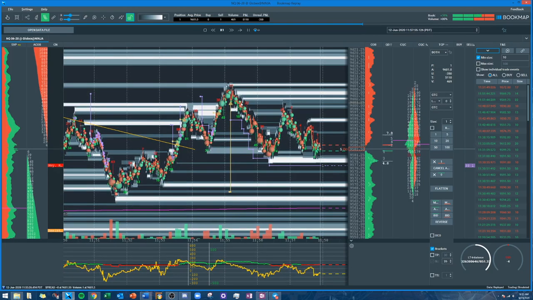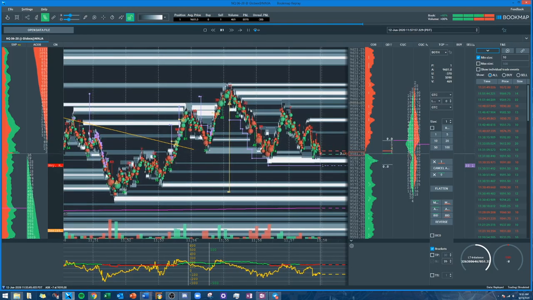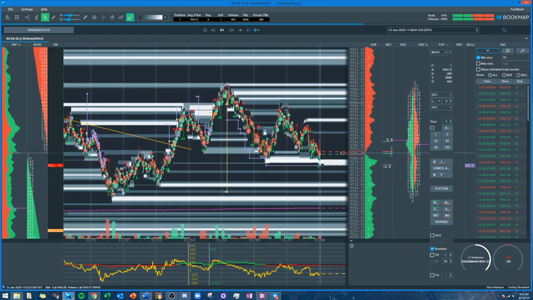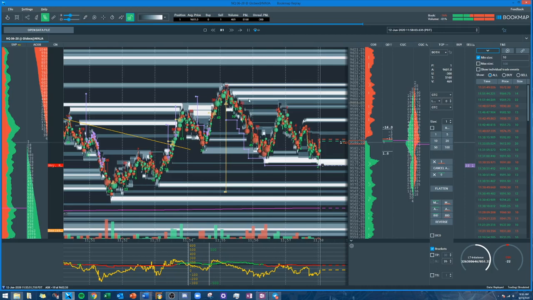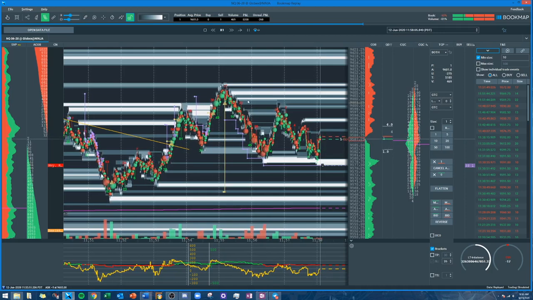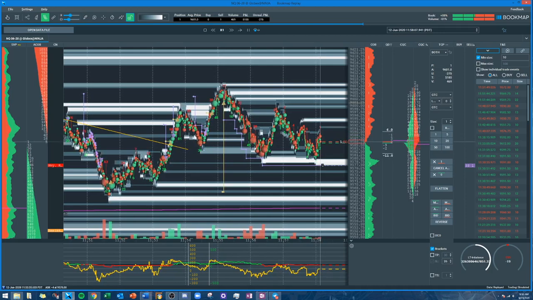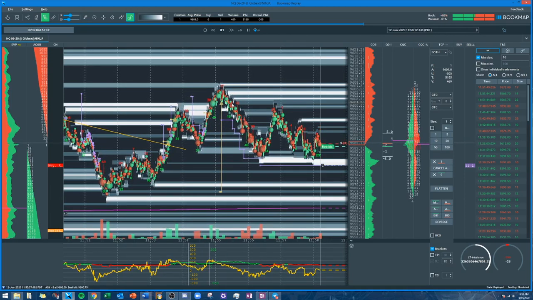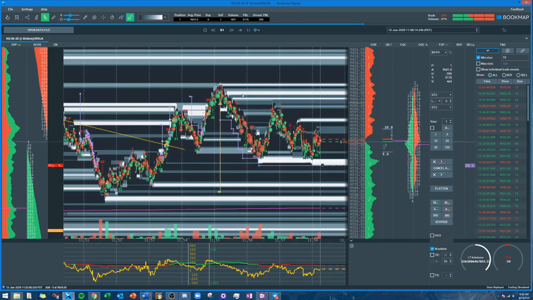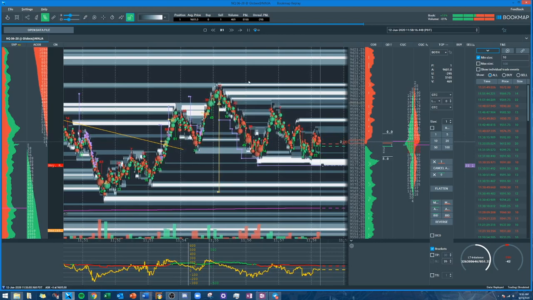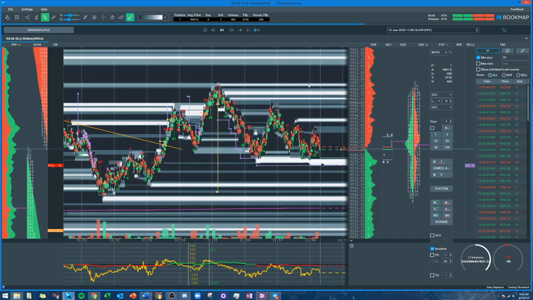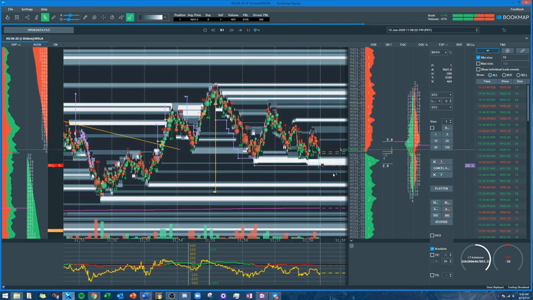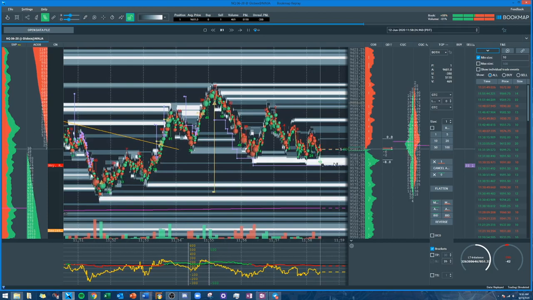So anytime the market comes up to this area, it's going to absorb all of these market orders, the red and green imbalance dots. It's going to absorb all of those. So unless in this instance the bulls have enough market orders to literally buy up all of these limit orders and completely overwhelm them, this resistance will hold. So right now you're seeing all the absorption happening right here,